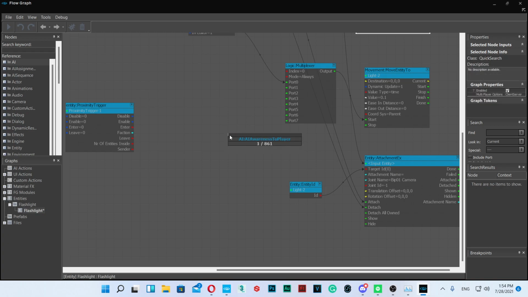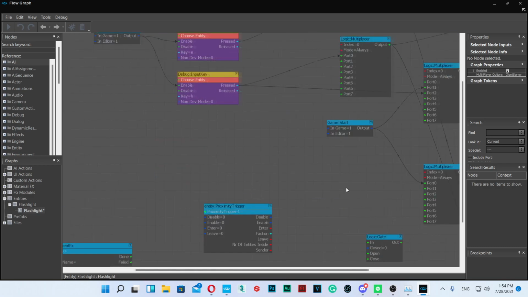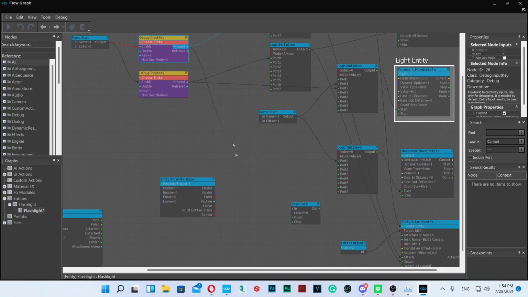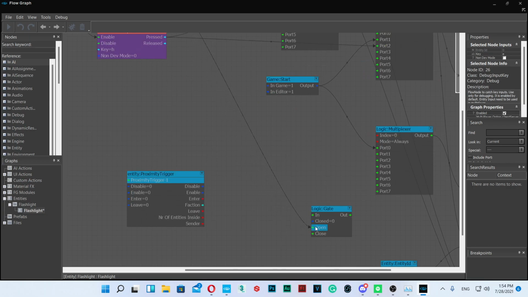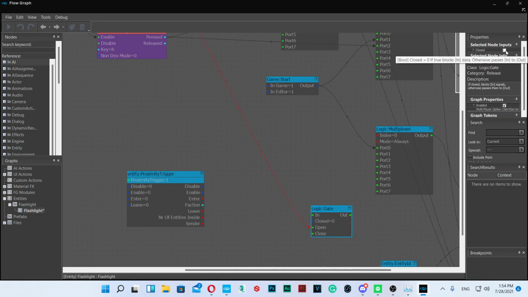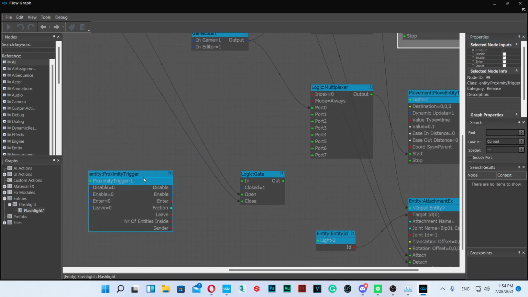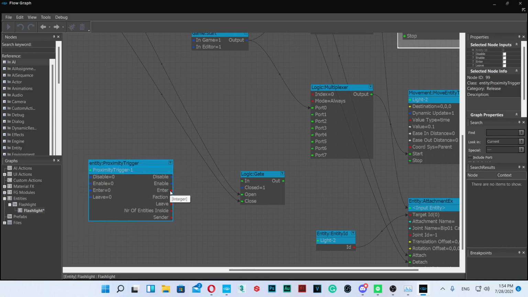Yeah. We want to have a gate. And if we press E, we want to open the gate. I guess we want to have it closed by default. And if we press H, we want to close the gate. And if the player enters the proximity trigger, we want to